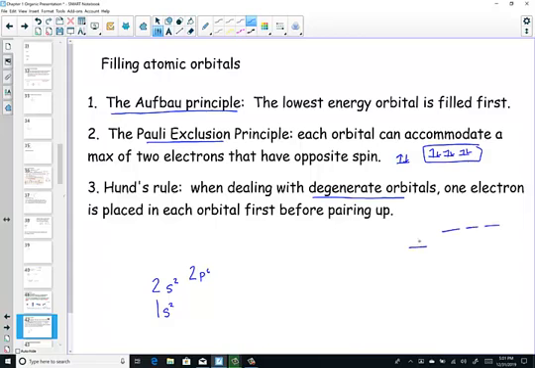When we write electron configurations, let's review. One of the tricks that I like to use, I don't know if it's a trick, but it's just a visual to help me remember. I like to write the orbitals in columns. In the first column I'm going to have all the s's, and I remember that s's fill with at most 2. The first energy level only has 1 sublevel, so I'm done with that. The second energy level has 2 sublevels, so I'm going to continue writing